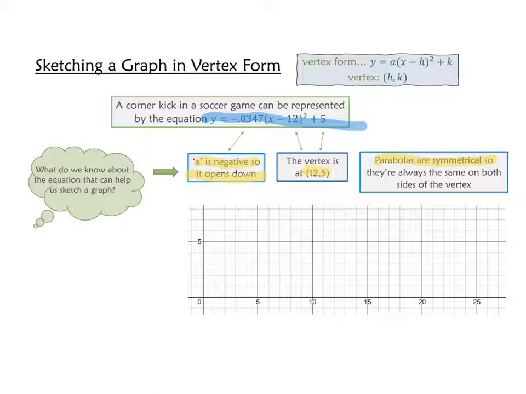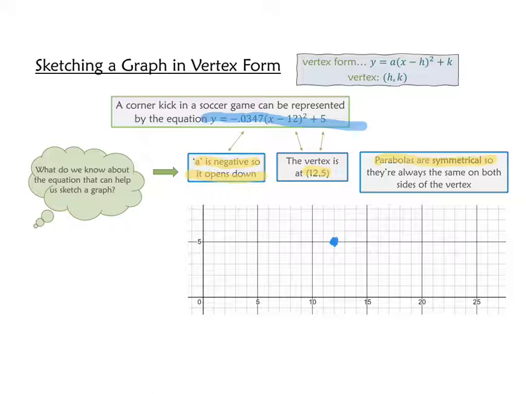Hopefully you did stop the video and you thought about it. A starting point could be at 0, obviously, or it could be at the vertex, which we know is (12.5, 5). X is 12.5, y is 5. So here is 12.5, here is 5. That would put our dot right about there. Again, it doesn't have to be a work of art, but I encourage you to write on your piece of paper 0 to 25 along the bottom, and 0 to 7 or 8 on the top, and then put a dot